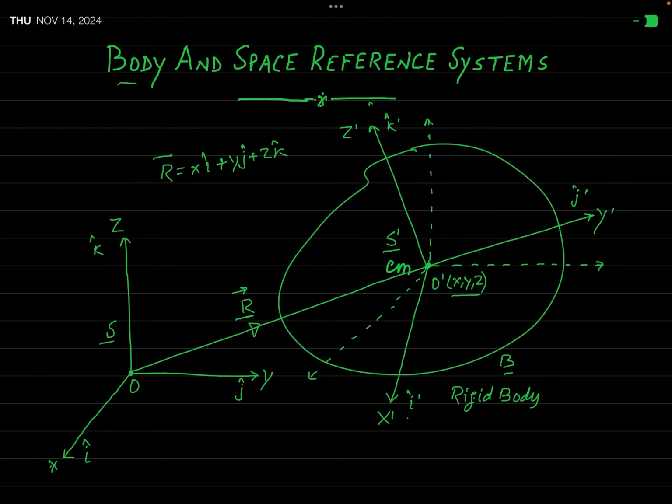In fact, for the general motion of the rigid body, the orientation of the body set of axes x prime, y prime, z prime is described by three angles relative to a coordinate system with common origin at O dashed, as you can see, and axes parallel to the space set of axes x, y, z. And therefore you can say that three coordinates of the origin O dash, that is x, y, z, and